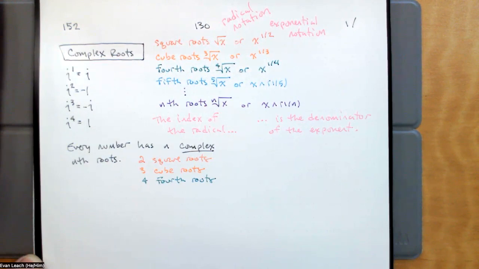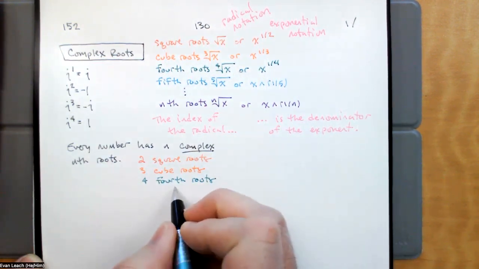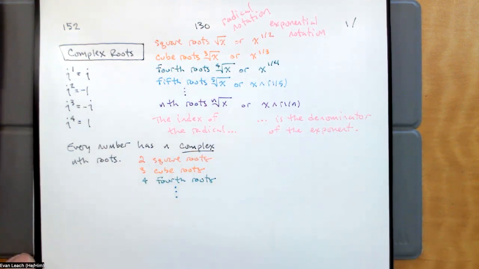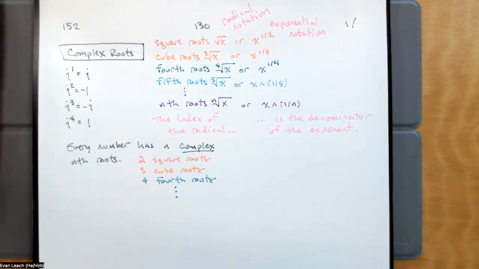And so on. We do have to allow complex numbers to be our roots. So for example,